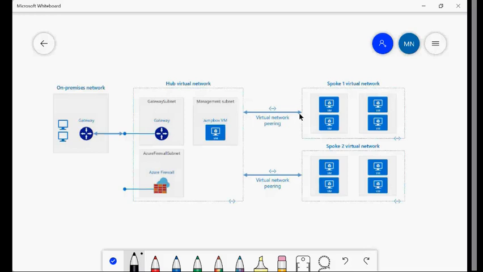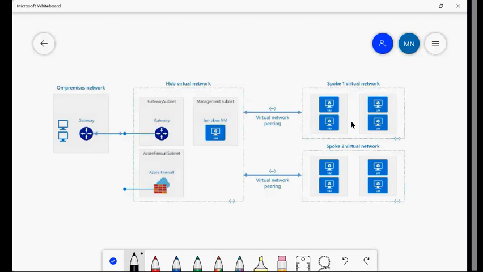Ultimately, peering is a process of connecting VNets together with the help of the Microsoft backbone cable. This will be your Microsoft backbone cable, not the regular internet, right? So from here to here, it can be internet or Microsoft backbone cable, and between VNets within Azure, right? These are within Azure. When you are connecting VNets within Azure, that means you are depending on the Microsoft backbone cable. Using that, you are peering them.